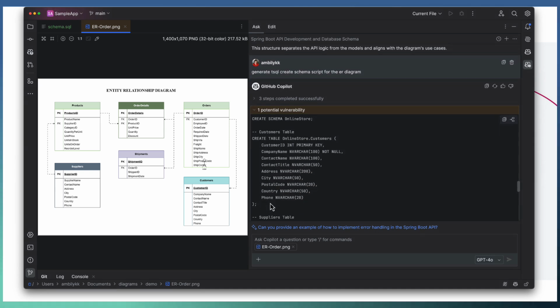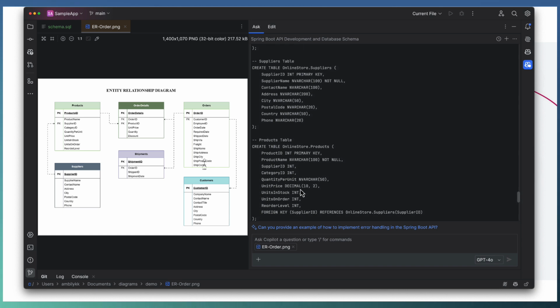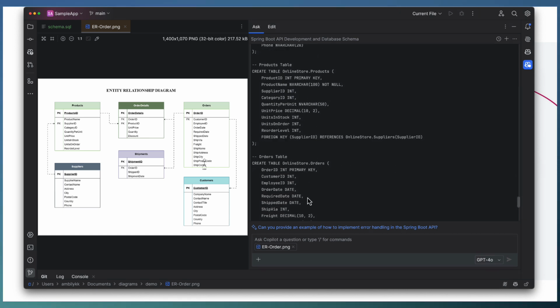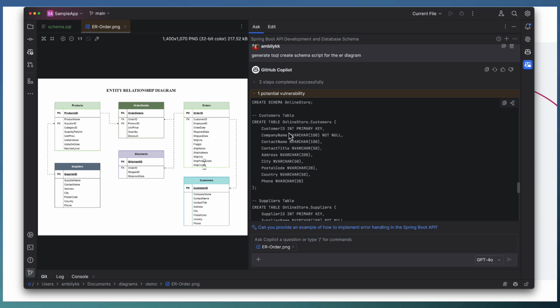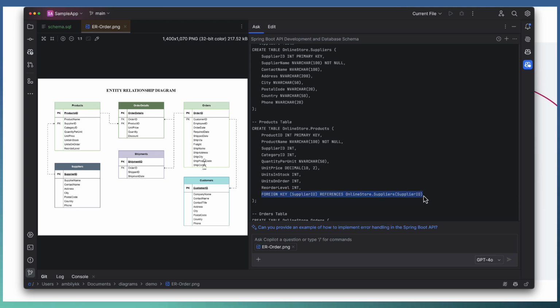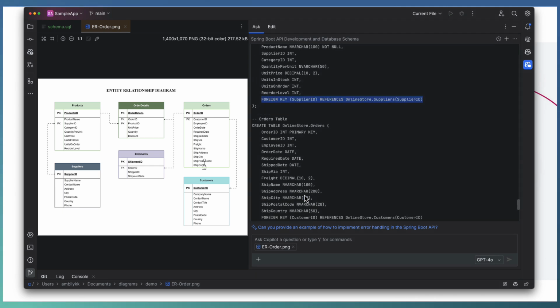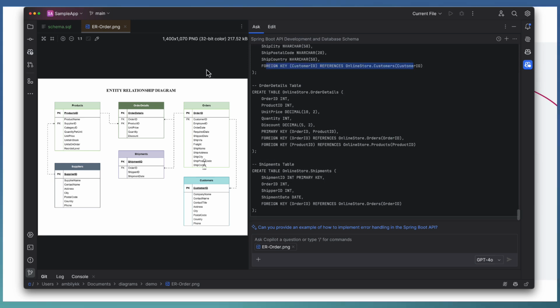And if you look here, it has the tables customers, suppliers, products, orders, all the tables are captured. Along with that, it has defined the primary key and also the foreign key relationships. Wherever a foreign key is needed, it has defined the foreign keys as well. Primary key and foreign key are captured correctly.